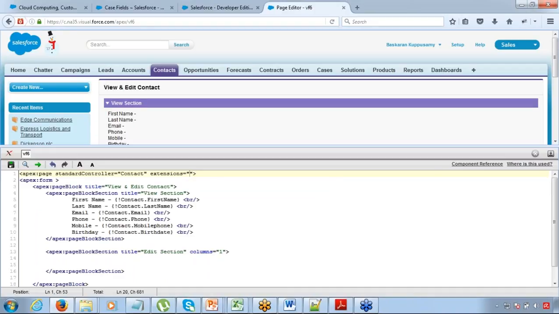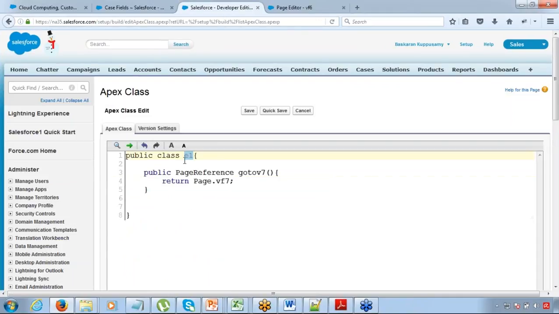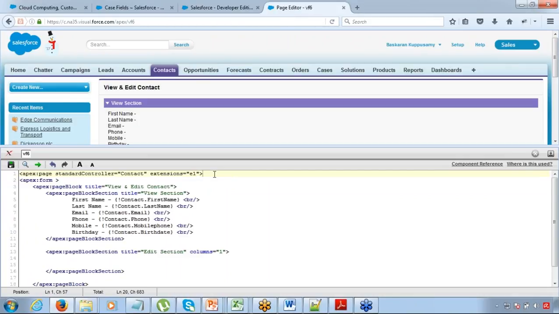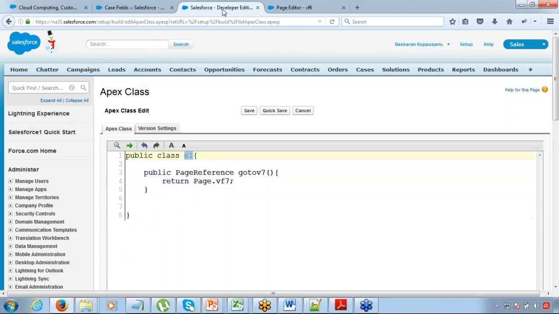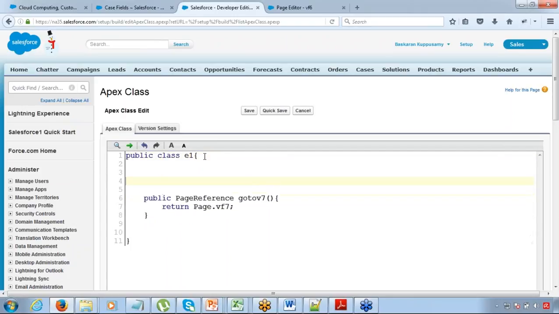Call it as extensions equals E1. Okay, name of the class E1. Okay, that is it. Now, when you try to call a class as an extension, defining the class is going to be pretty similar to a normal controller. There is just one small thing that you have to do. You have to define a constructor here,